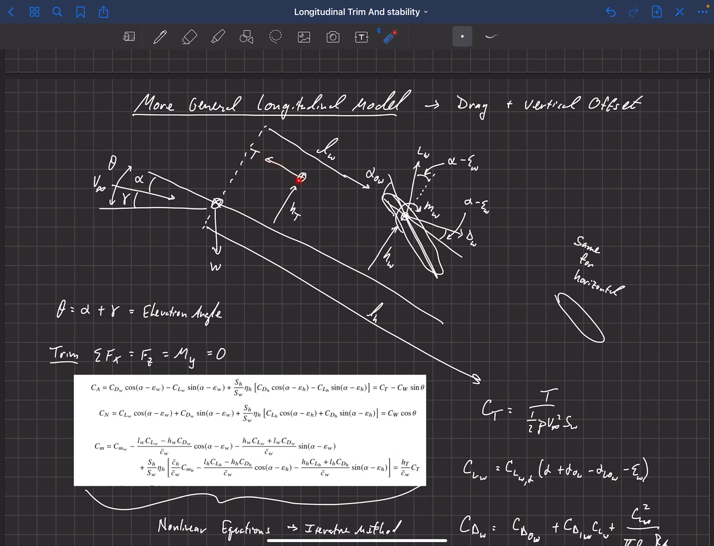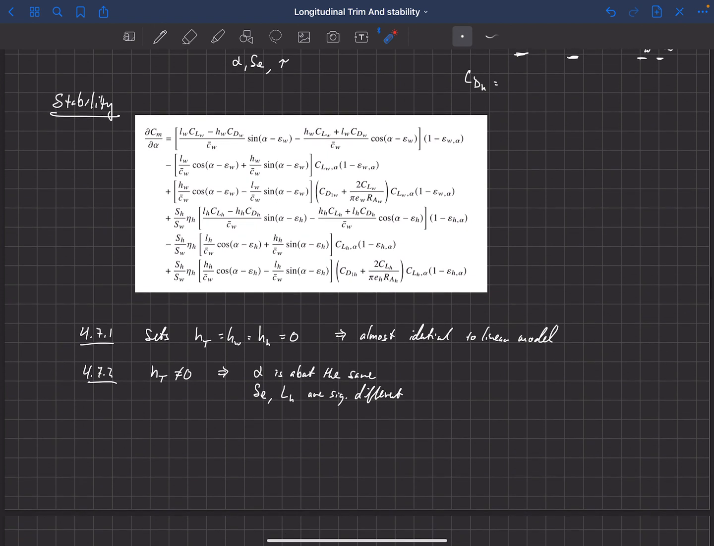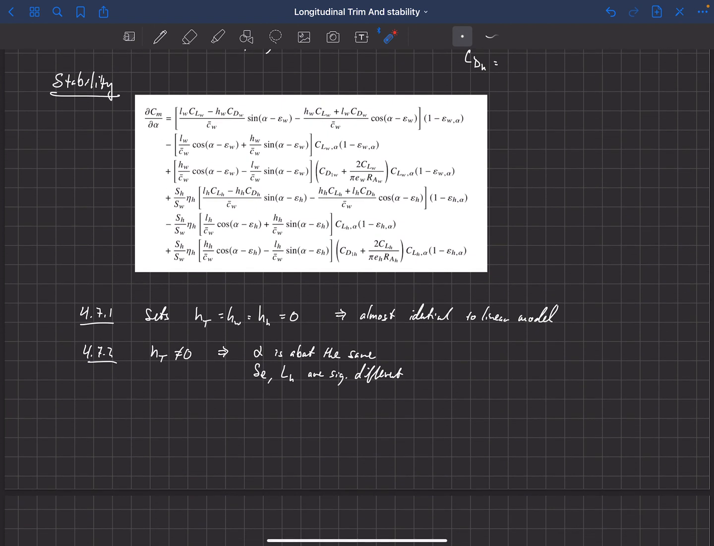Okay, but the trim angle of attack really doesn't change significantly for that case, relative to the case if the thrust were not offset vertically. So okay, that's kind of the takeaway from that example. And then